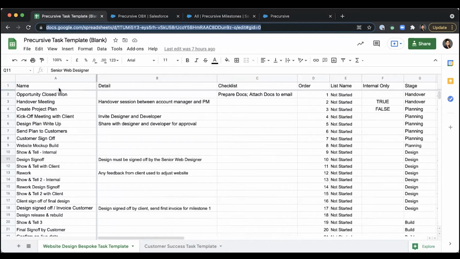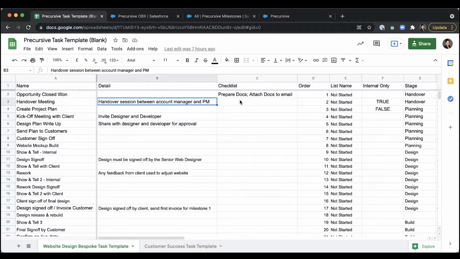So first of all, we have a list of tasks, and the name, where in this column I've written the name of my tasks. Next to it in the details, I've written just a short description of what is needed. The handover meeting is, for example, a session between the account manager and the project manager. You can also add a sort of to-do list to your tasks. You can log the time that you spend completing the items of your checklist, but it's a sort of to-do list to remind your team all the activities that they need to go through in order to